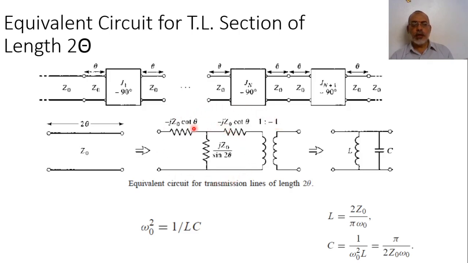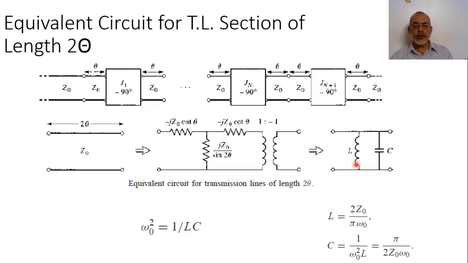This circuit can be simplified as a parallel LC circuit at the resonant frequency. The resonant frequency is when theta equals pi over 4, so 2 theta equals pi over 2, or in other words, if theta equals pi over 2, then 2 theta will be pi, so this length would correspond to lambda over 2 at the center frequency. So if the length is lambda over 2 at the center frequency, this open circuit transmission line section would be equivalent to a resonant parallel LC circuit,